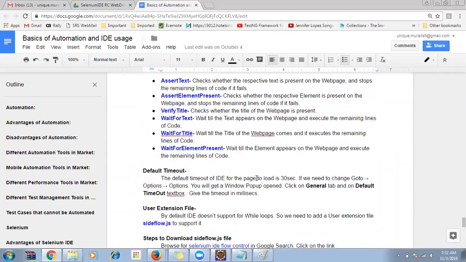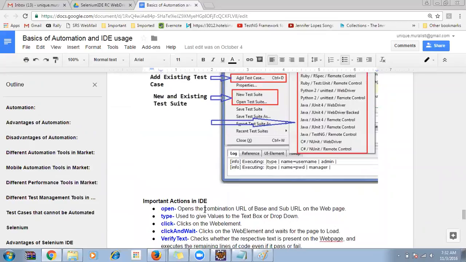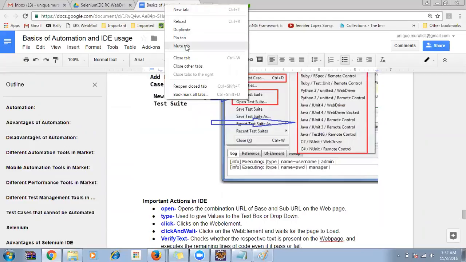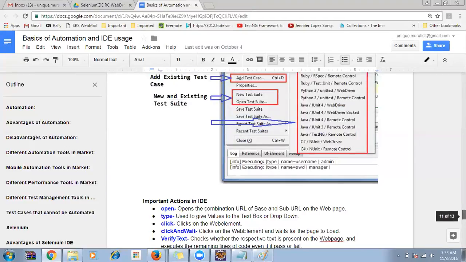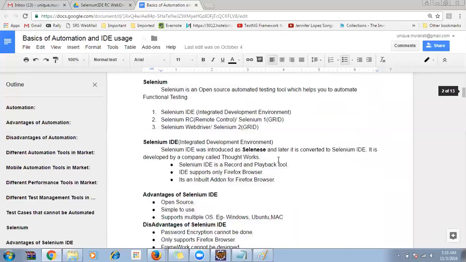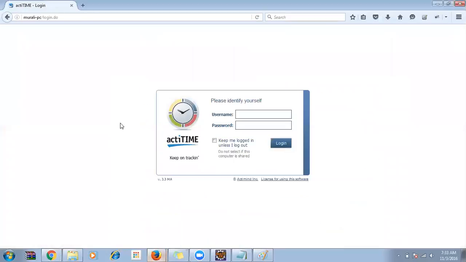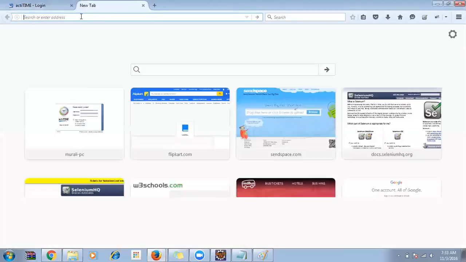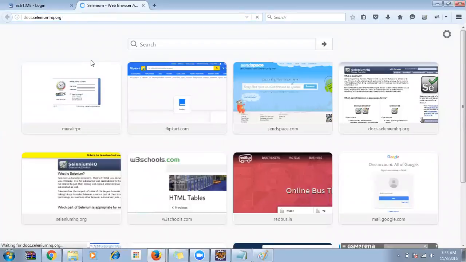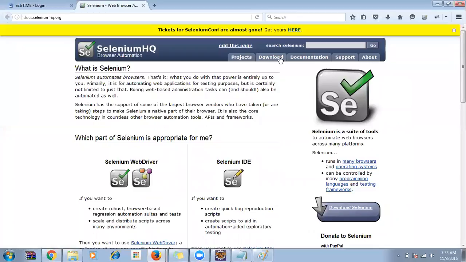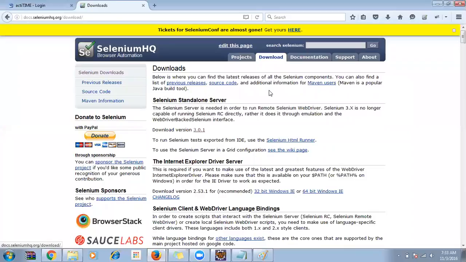Okay, I'm just going fast. I'll be sending you guys all these things very soon. Next, I'll go here. I'll compare this too, so it'll be easy for you. Now I want to install the Selenium IDE. In case you want to install it, I have given the link there. Go to this link, this place. Then click on the download tab. Then after that,